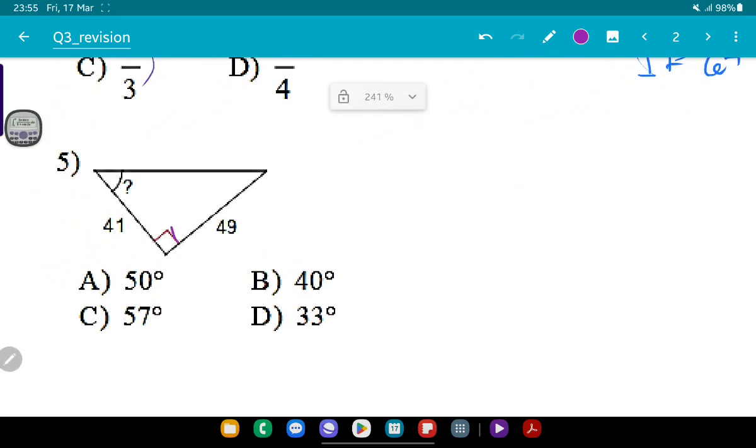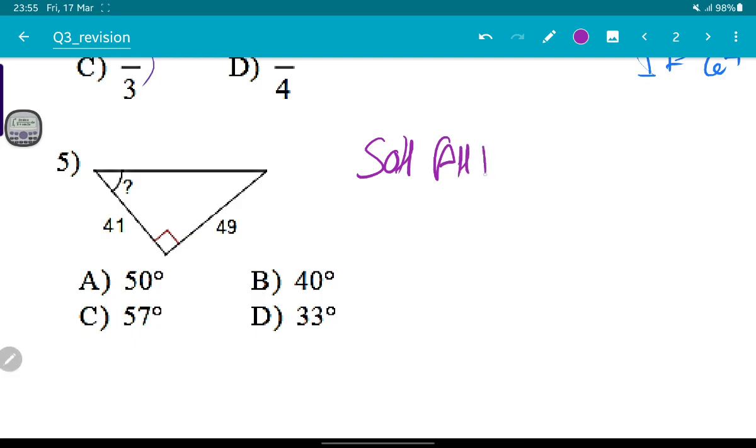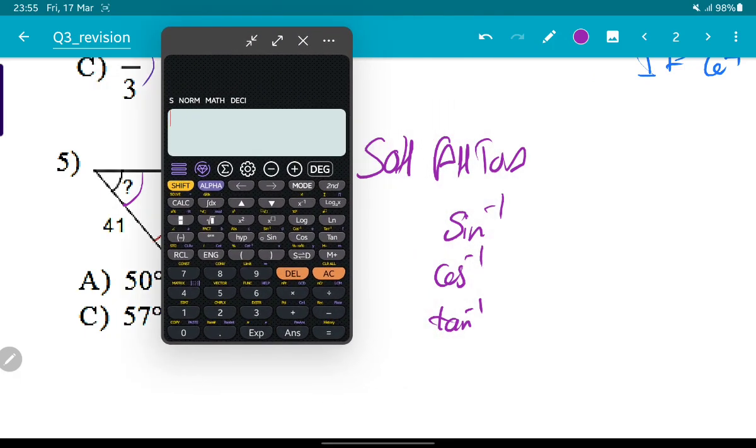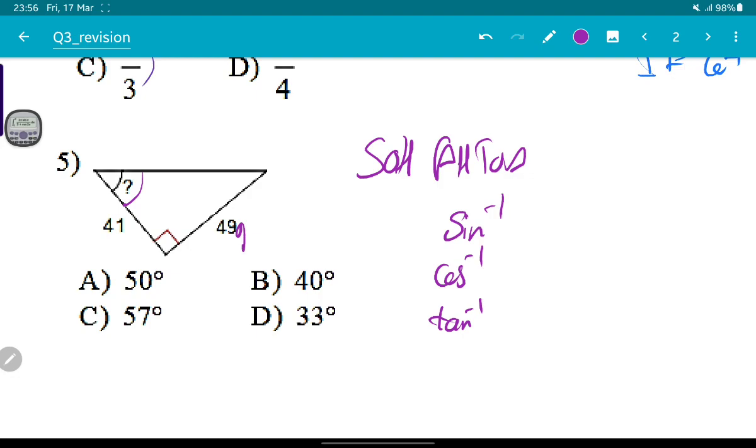Here we have a right angle, it means we can use SOHCAHTOA. And we have here a missing angle, so we use sine minus 1 or cosine minus 1 or tan minus 1 by pressing shift sine or shift cosine and so on. So in this case we have the opposite to the angle and the adjacent, so we can use the tan function,